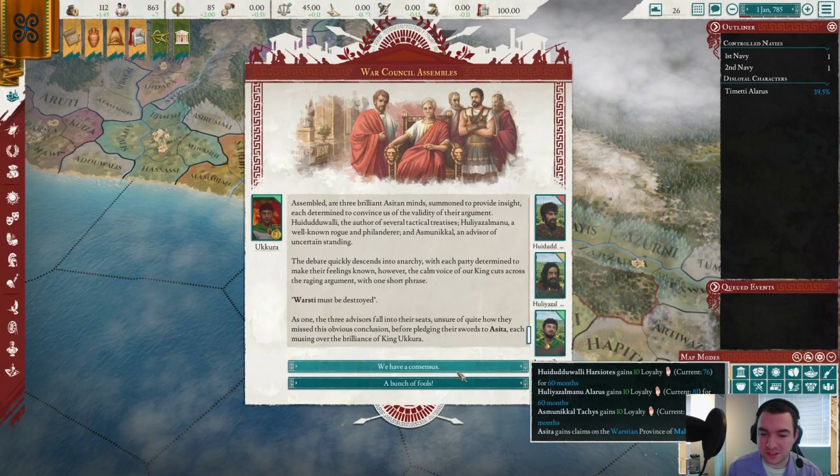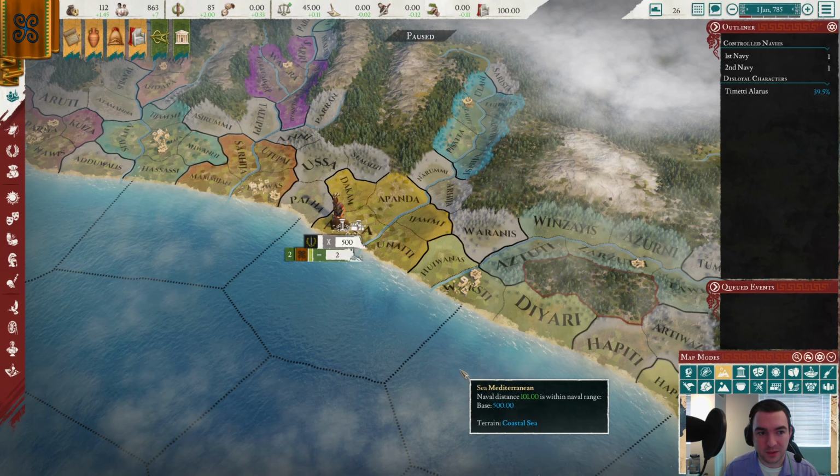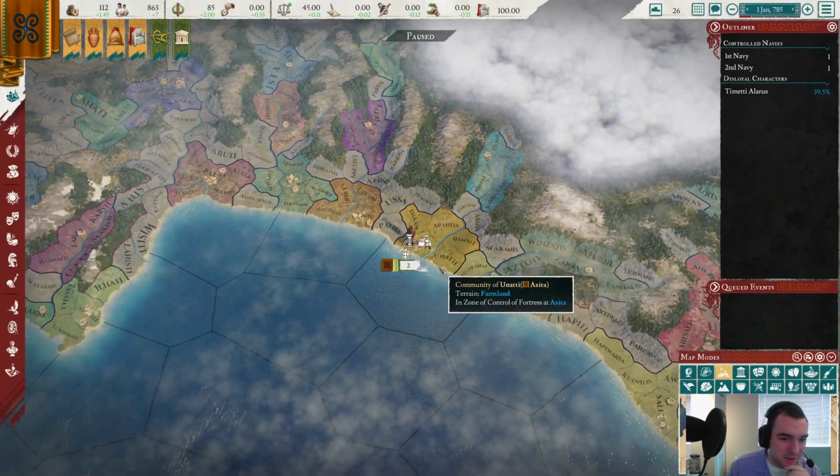We have a consensus. That's extra loyalty for these three fellas. Very nice. Even more PI for me. That is what I want. Okay, that is that. And I'm going to go ahead and